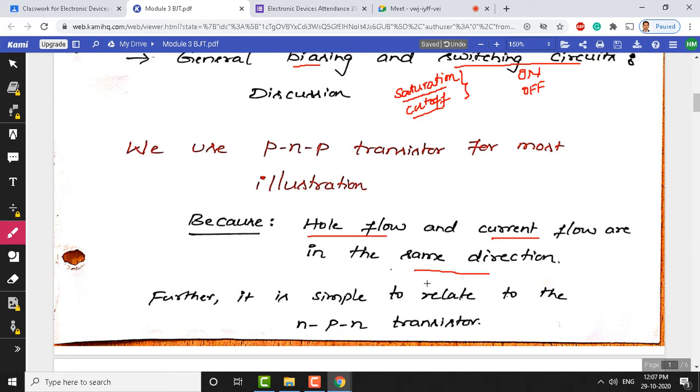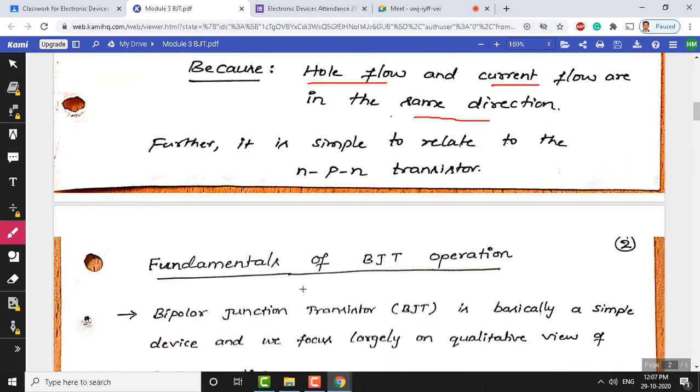Okay. So, the direction of current and the charges what we have seen here, holes, is exactly reversed for the NPN transistor. In PNP transistor we consider the hole movement and hole current flow, whereas here we need to look into the electron movement and the current flow. So, that means if you understand PNP transistor, it is easy for us to understand NPN transistor.